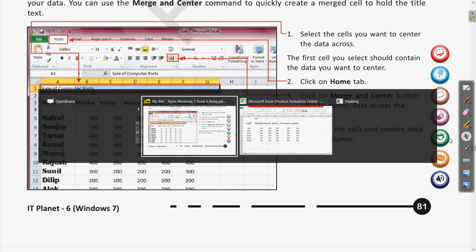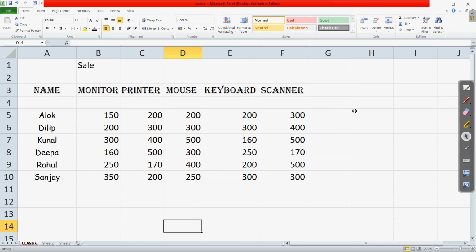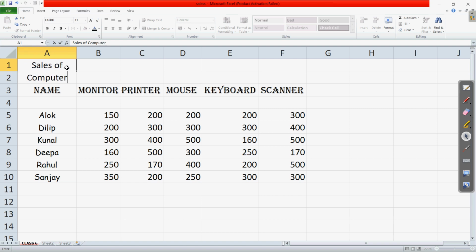Suppose this is the data, this is the table. Now let us delete this. Suppose we want to enter a heading, sales of computer parts. Let us first write the data, sales of computer part.